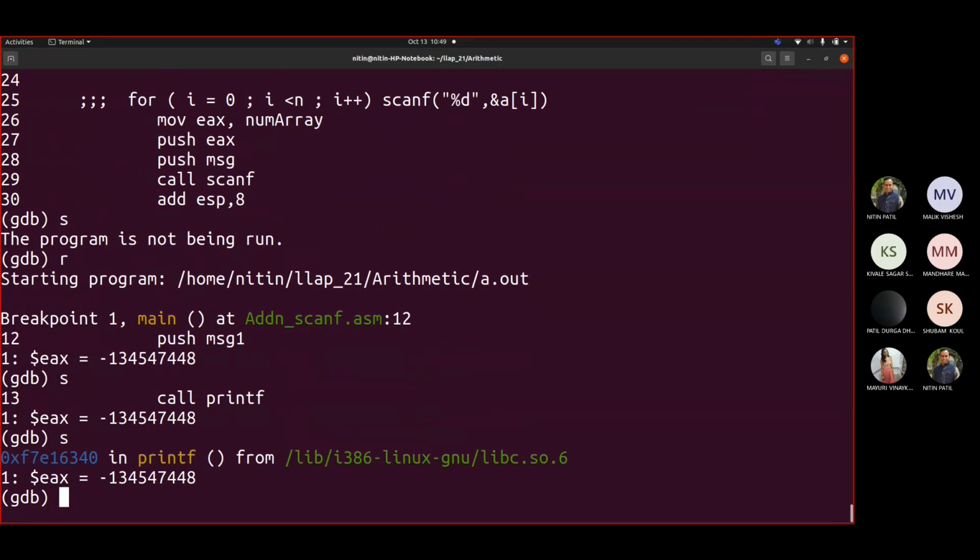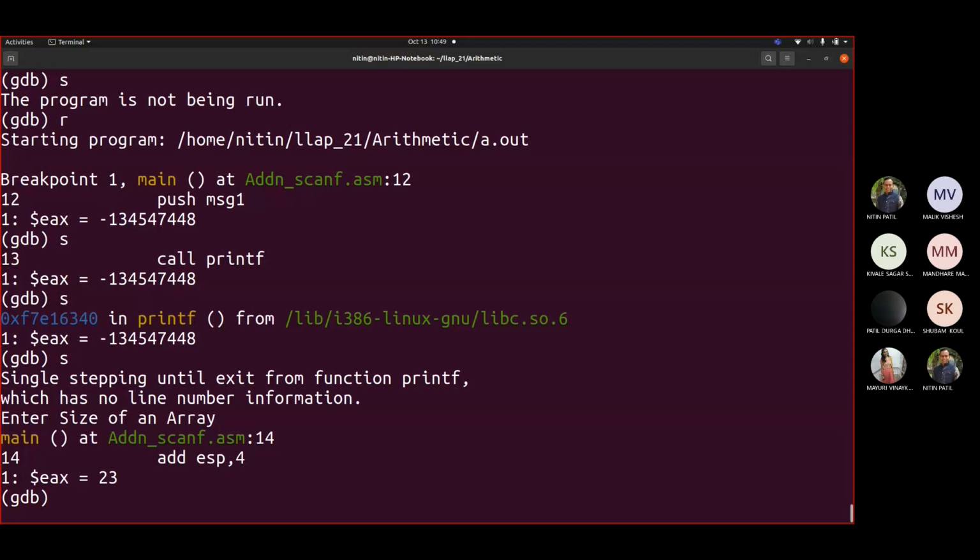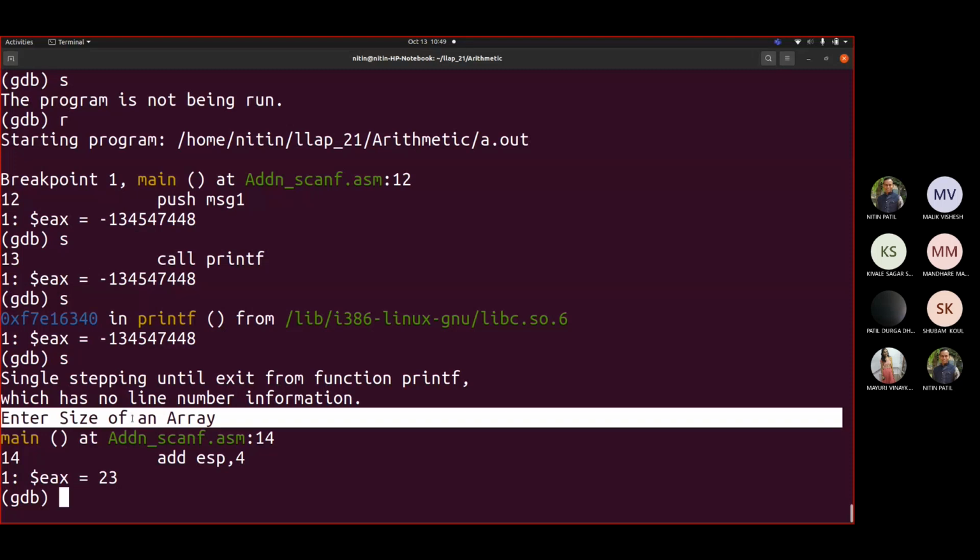So step. So it is displaying that first message: enter size of an array. Now you might have seen I'm using step. Earlier I used to make use of ni. Now if I use ni, then it will go through that whole printf code. I don't want that. I want to skip that. That's why I'm stepping it using single stepping.